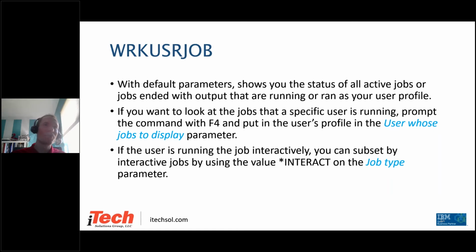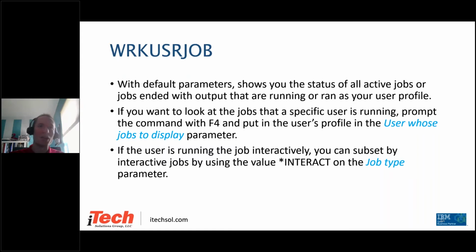And work user job. So with default parameters, it shows you the status of all active jobs or jobs ended with output that are running or ran as your user profile. And so if you want to look at the jobs that a specific user is running, you prompt that command with F4 and put in the user's profile as the user whose jobs to display. And if that user is running the job interactively, if you know they're signed in on a 5250 green screen,